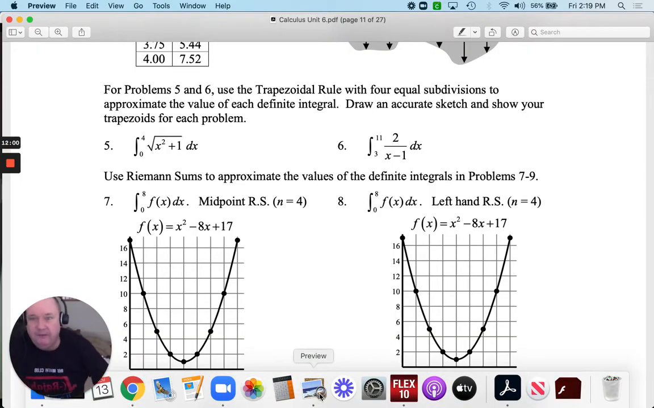In number 7, it says now use Riemann sums. So now we're back to rectangles for number 7. So I want to integrate from 0 to 8 f of x dx and use a midpoint Riemann sum, and n equals 4. So the width is going to be the upper bound, subtract the lower bound, divided by 4. And then a midpoint would be,